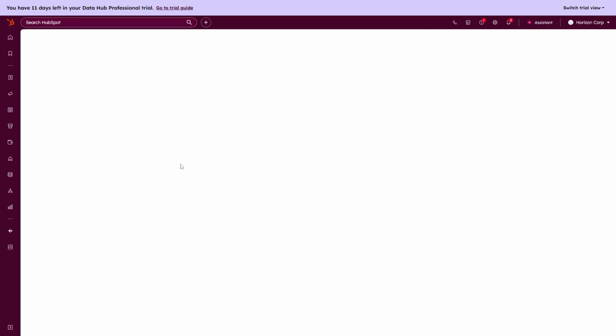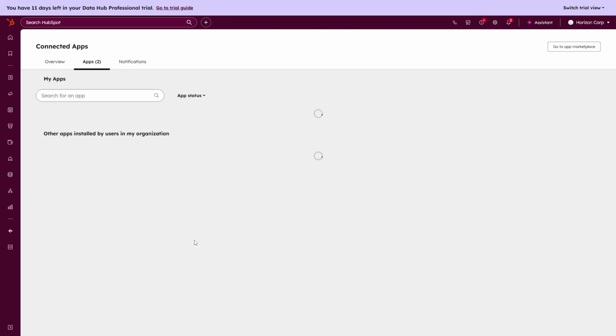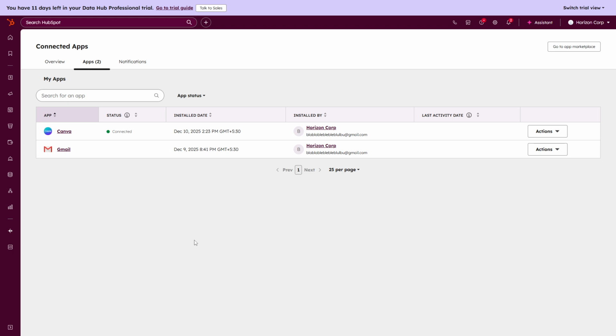That's it. With the app installed, your store connected, and your sync configured, HubSpot and Shopify will begin sharing data to support smarter marketing and